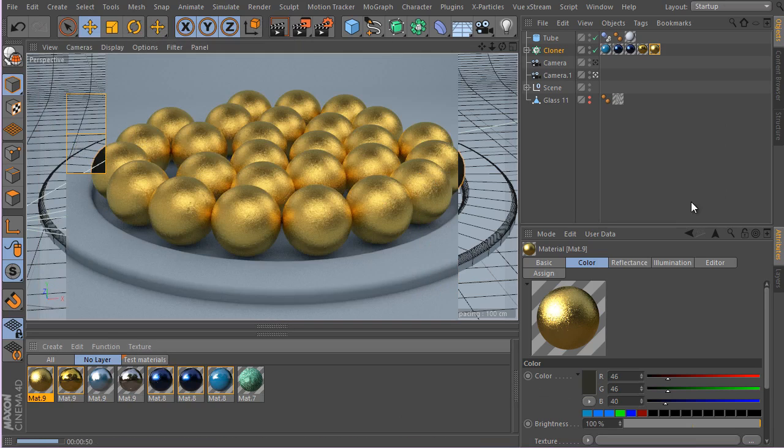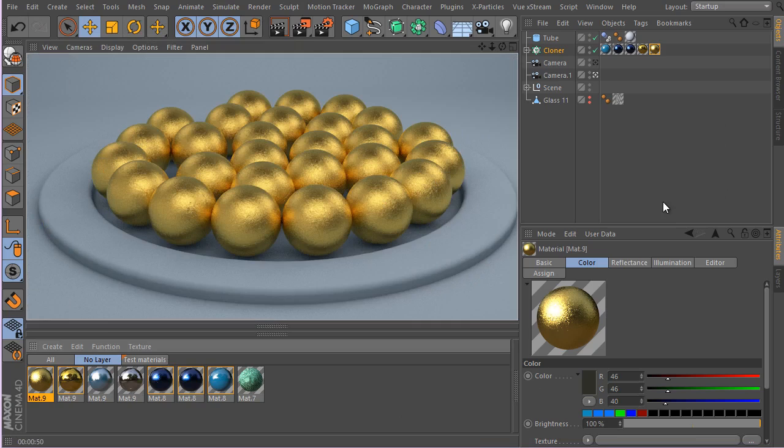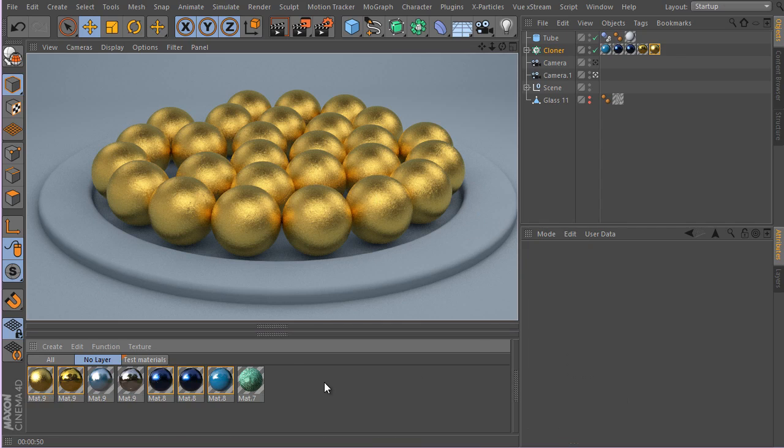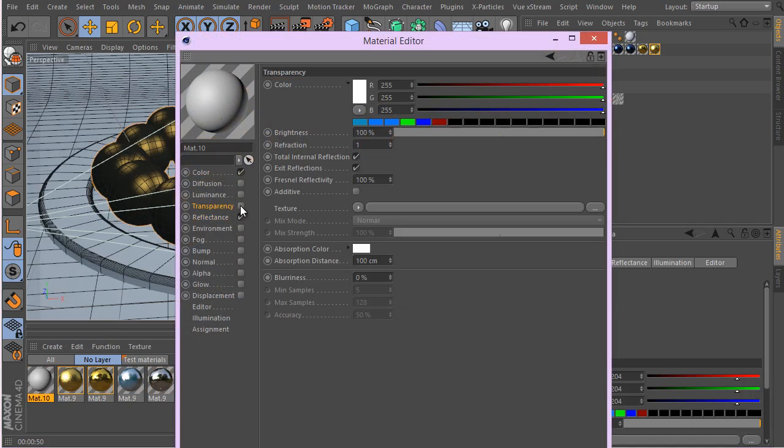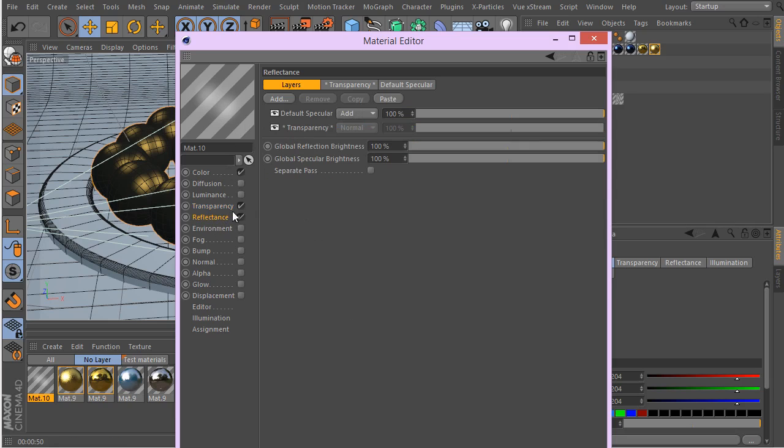So as you can see, we have this absolutely gorgeous gold material here. And now the other thing that you might think about creating is sort of a glass looking material. Now let's go ahead and create a quick glass there. Now the first thing is your transparency. As soon as you add your transparency, if you go back to your Reflectance channel, you can see there is